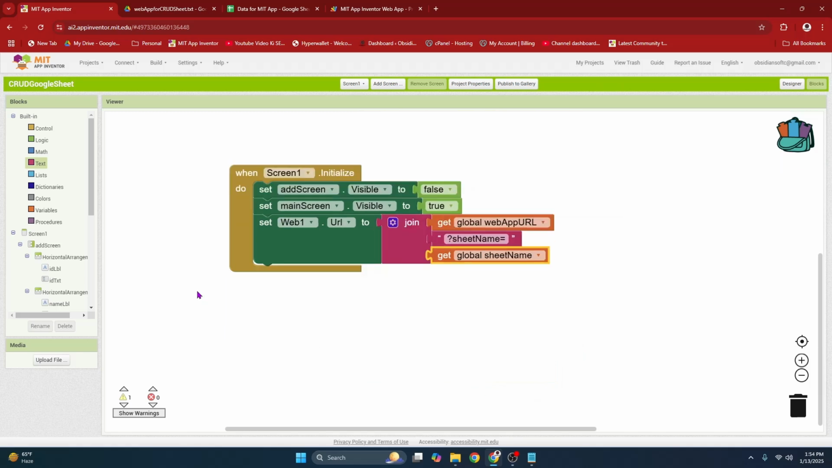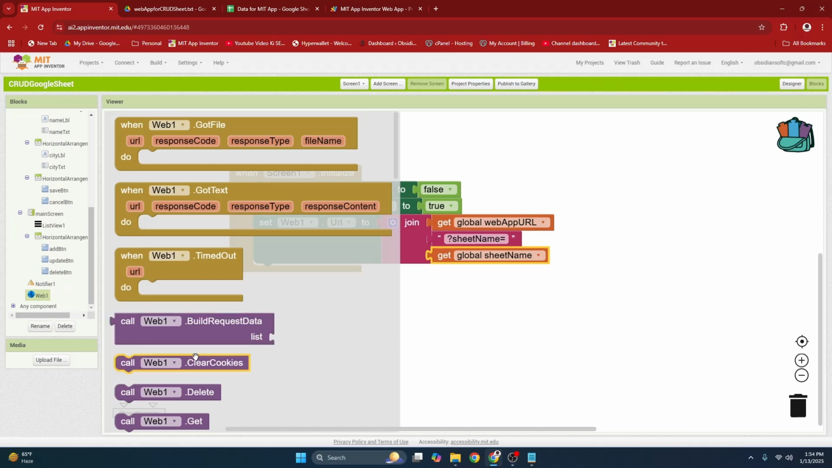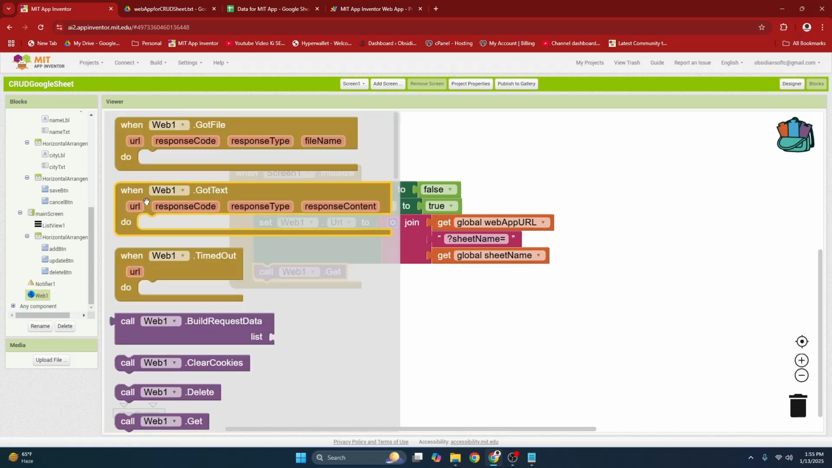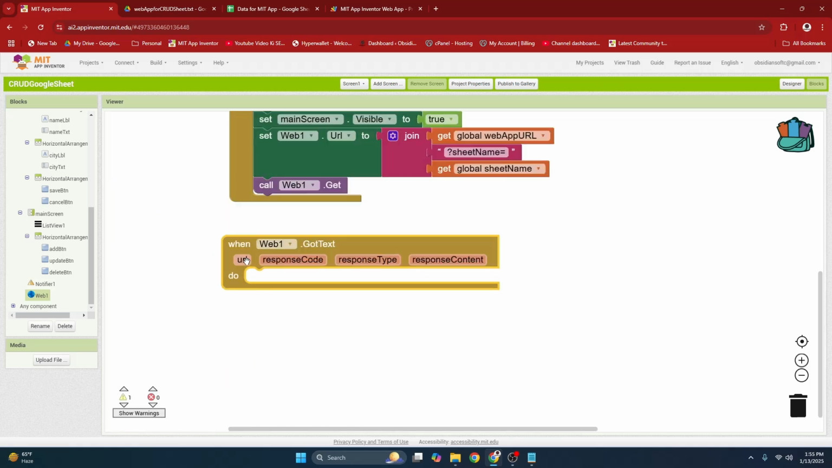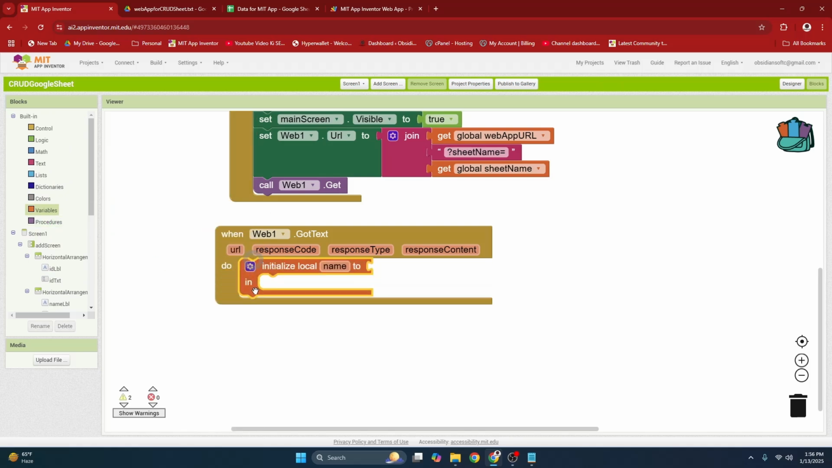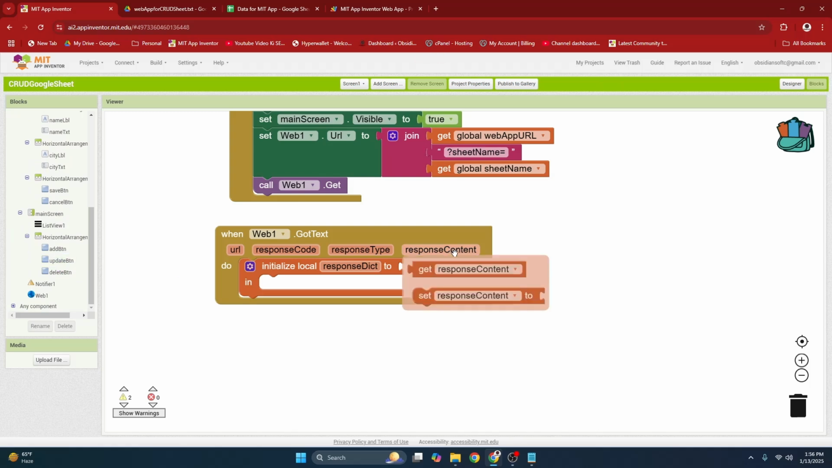Okay, and now in the end just call web1's get procedure. Okay, now this call will trigger web1's got text event. Get a local variable, this one, and make this response DICT, dictionary in short, and this will be a decoded dictionary, and we will decode this response content that is in